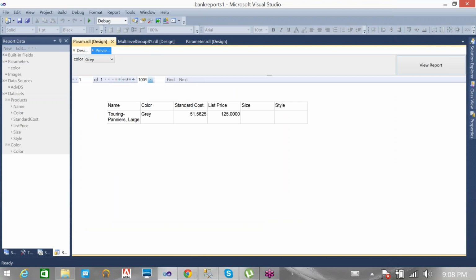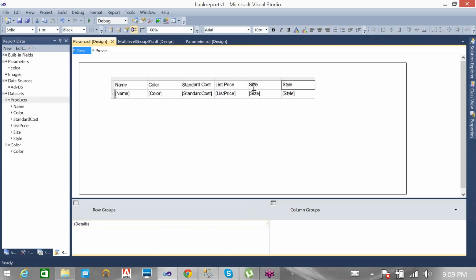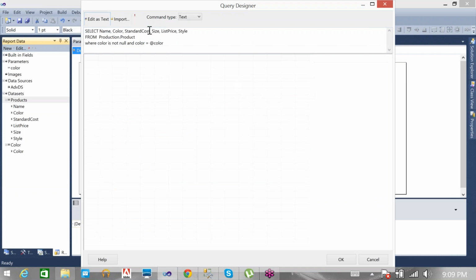Now the big deal is, I want multiple parameters. Can I select the color as well as size or style? I want different size products or different style products also. How can we do that? Here, size is not available for some rows. If you don't want to display blank values, go back to the query.